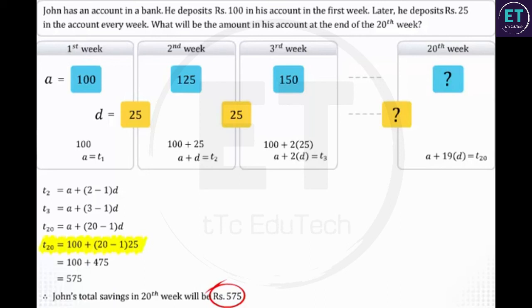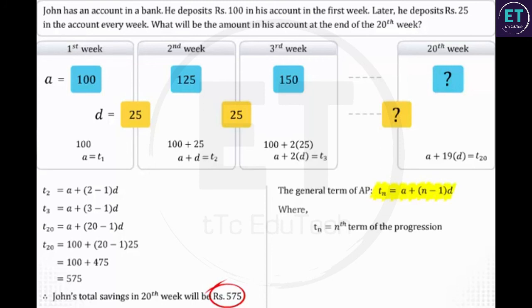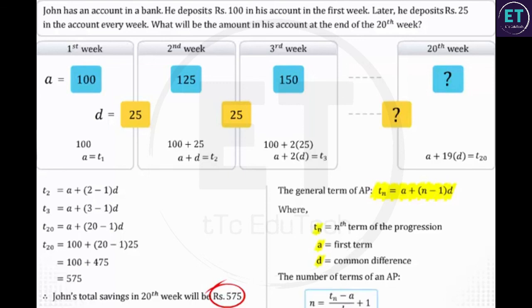If you substitute 20 with n in the above calculation, you will get a general formula for calculating the nth term of an AP. Thus, Tn equals A plus n minus 1 multiplied by D, where Tn equals last term of the progression, A equals first term, D equals common difference. The number of terms of an arithmetic progression whose A, D, and Tn are given is n equals to